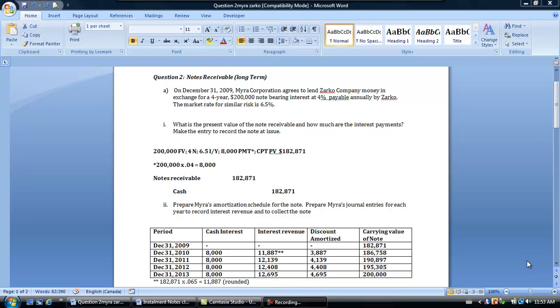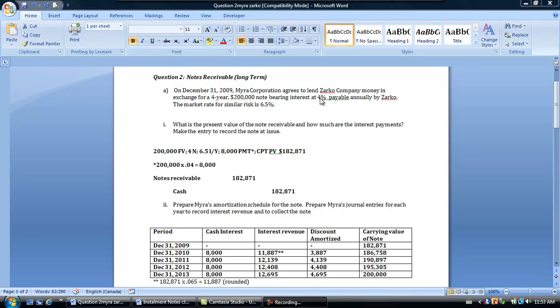You remember with long-term notes receivable, whether they're interest or non-interest bearing, all of the interest receivable is included in the value of the note receivable itself. You'll also remember that for our course, we are going to use the effective interest method to amortize any interest revenue into the note. Now, in our case here, we see we have an interest-bearing note because this note is